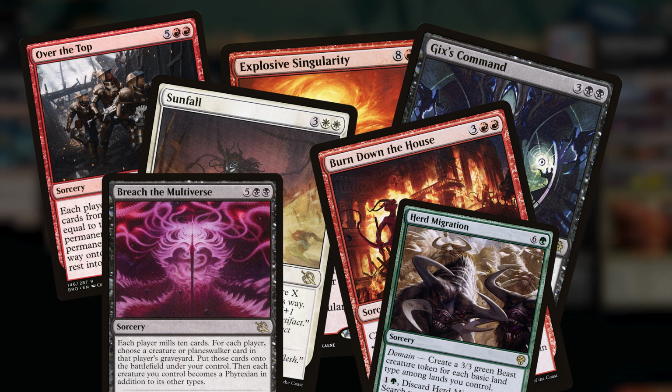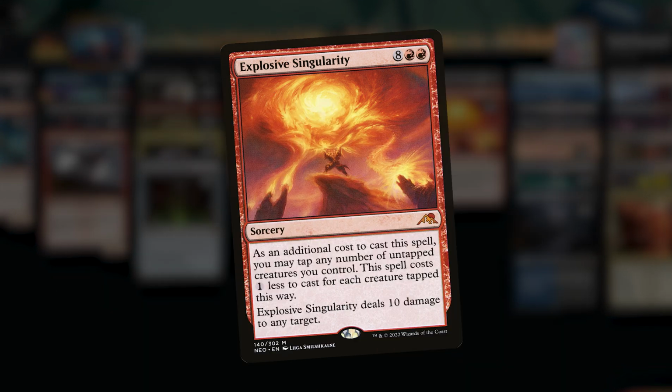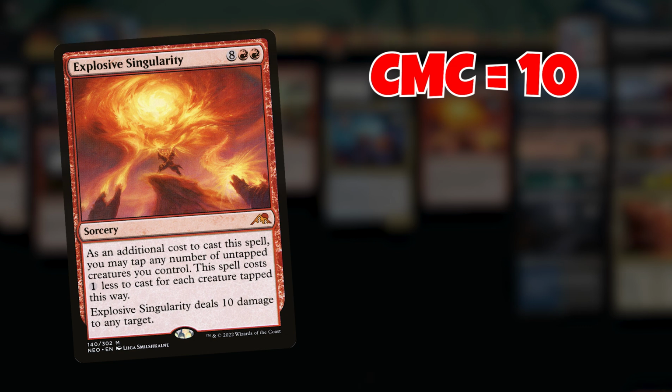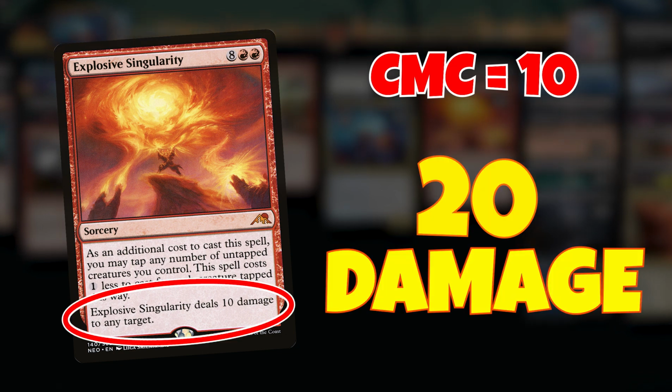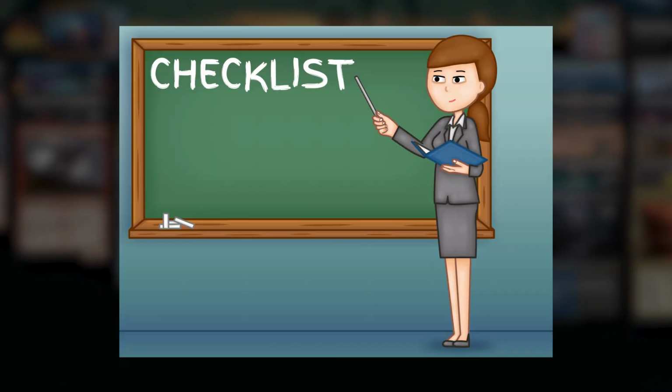So there are many cards you can pair with this, but I'm going to be going for Explosive Singularity. It's a 10 cost sorcery that does 10 damage, so you pair it with Hidetsugu and you should win on the spot. So the combo speaks for itself, but there are a couple of things you want to remember when